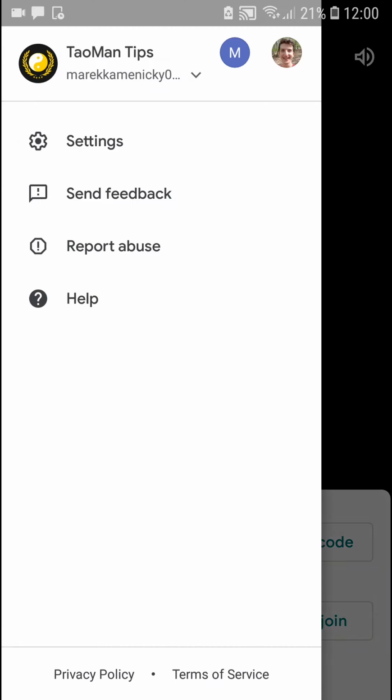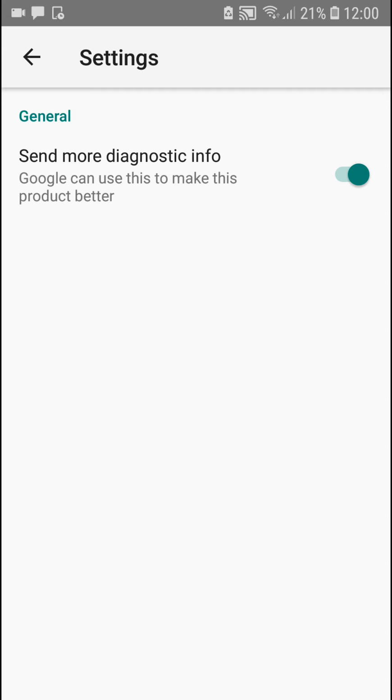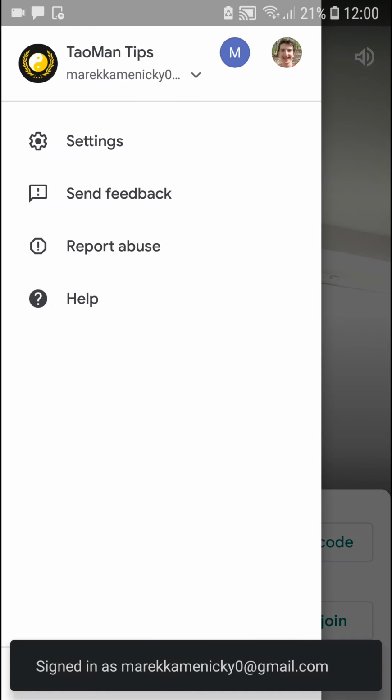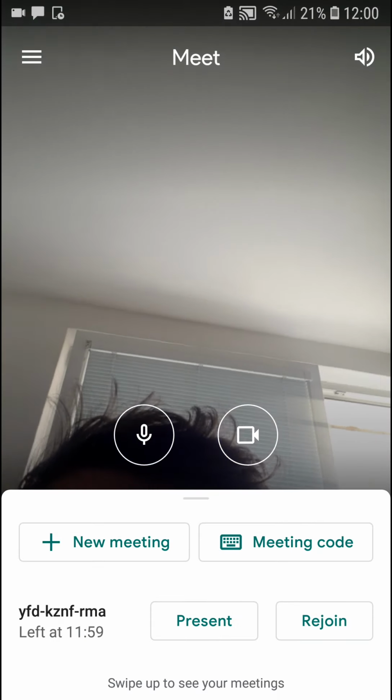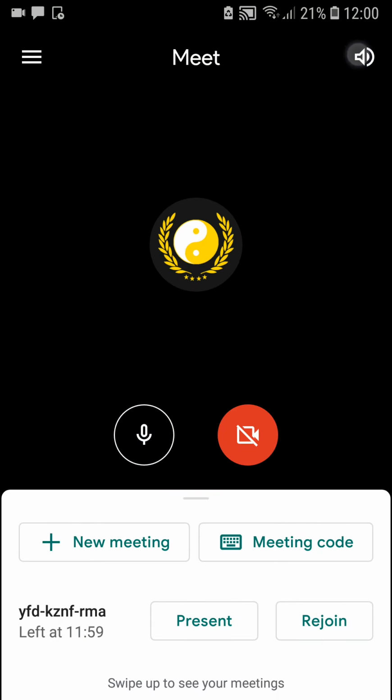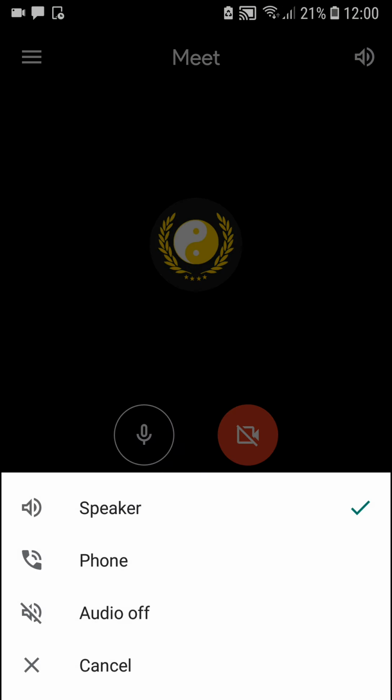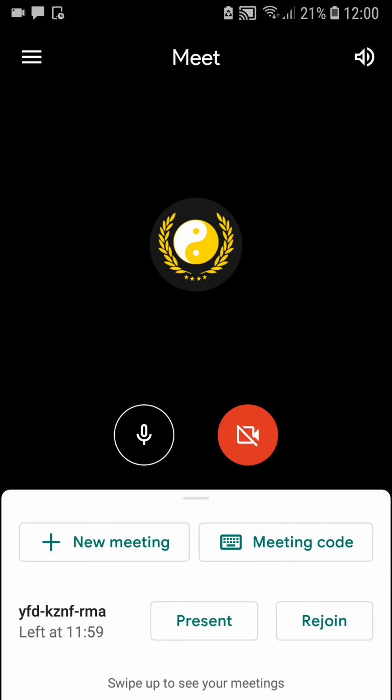When you go in the left top corner, you're gonna see some settings and you can't do much there. And then you're gonna select your account. Now here on the right top corner, you can turn it to speaker, phone or audio off. When you're gonna join a meeting,